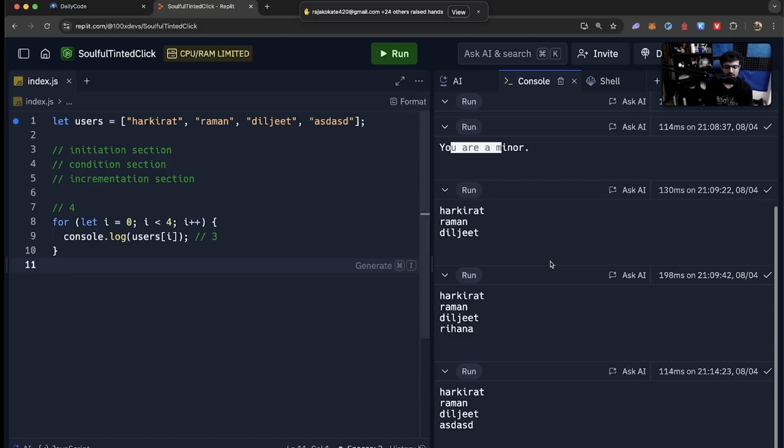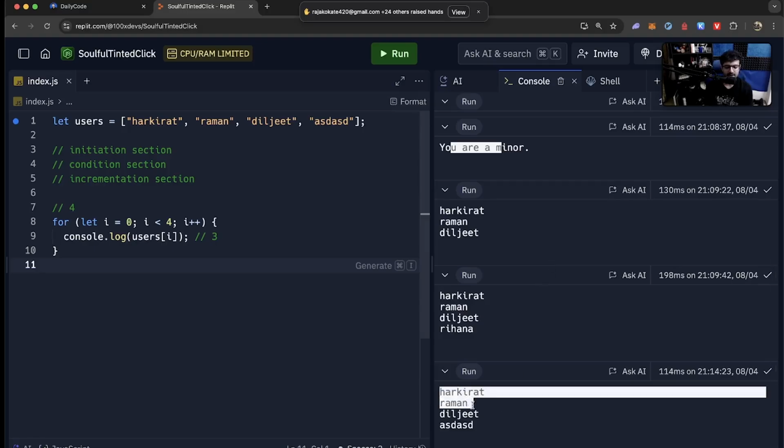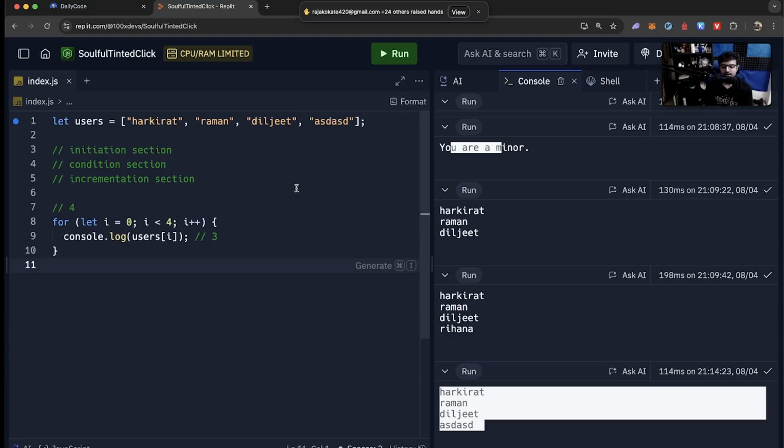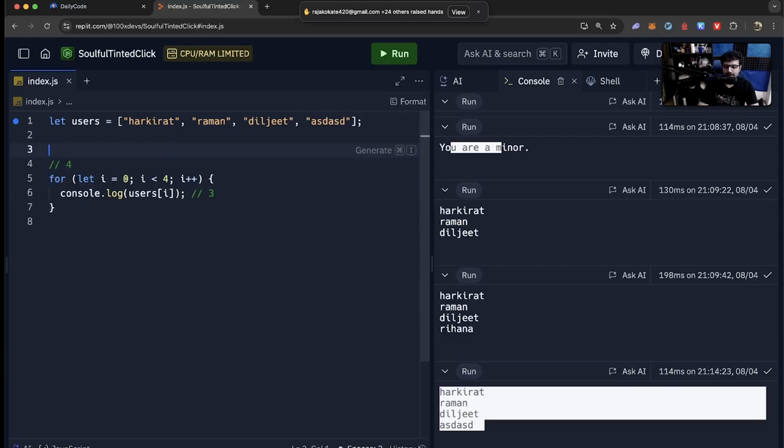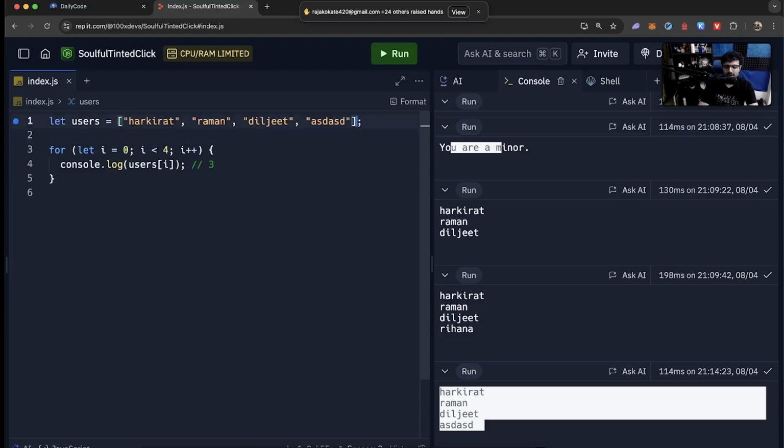Let's try to run this. What does it print? It prints the same thing. Harkirat, Raman, Diljit and ASD. What is the benefit? The benefit is, if I ever add a new user,